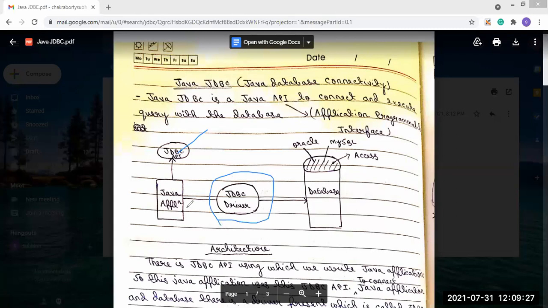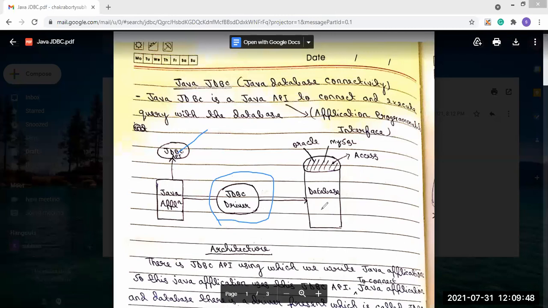For making the connection between the Java application and the database, we use this JDBC driver. This driver actually connects the Java application to the database.